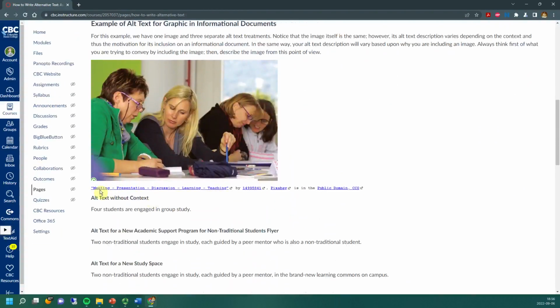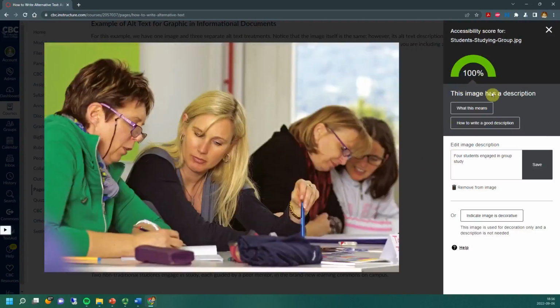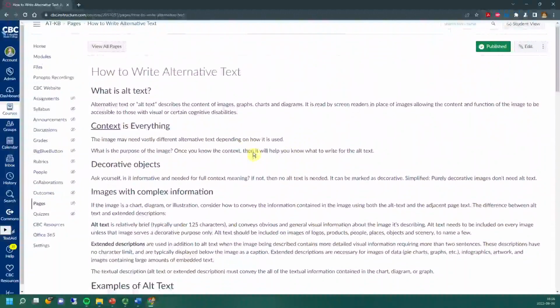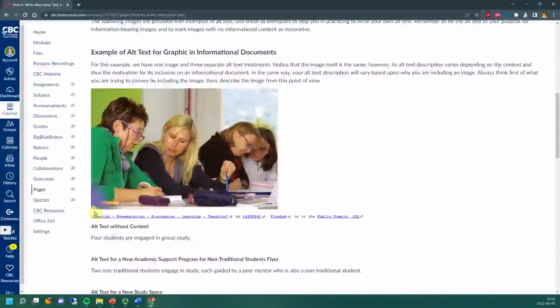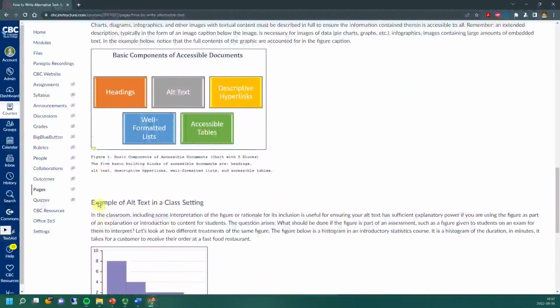A third option is to click on the accessibility meter here. This one is green, so I know that there's no problem. But if I click on it, I can double check everything anyway and ensure that there's no issue here. It also provides me with information, and I can click on Help for more Ally descriptions. So Ally works in a very similar way to the accessibility checker in Word and other Office products. And you can open Ally by clicking on these little meters throughout your page. We want to make sure that we have as many greens as possible and as few rereds as possible.